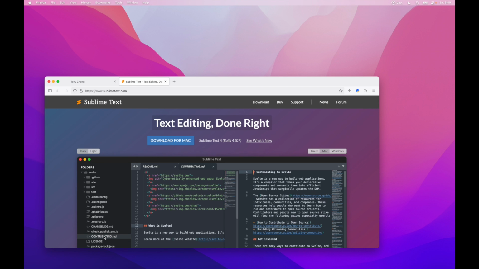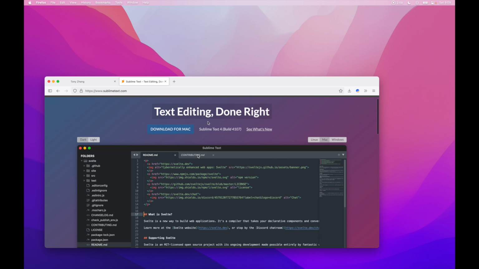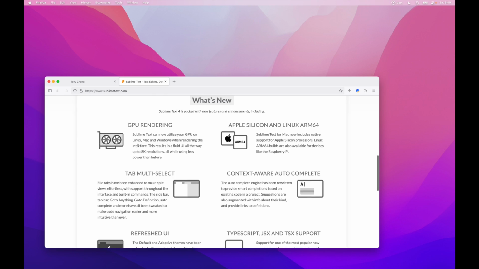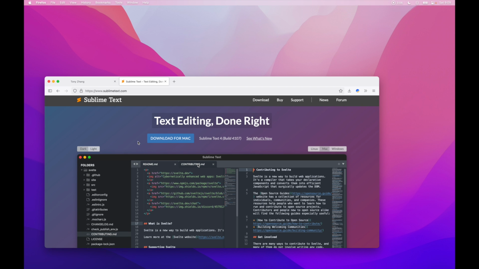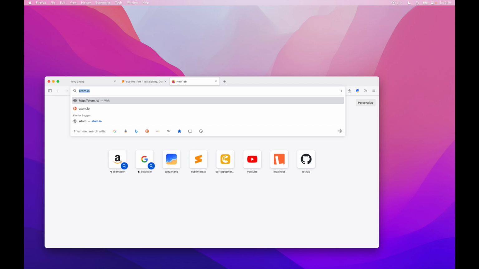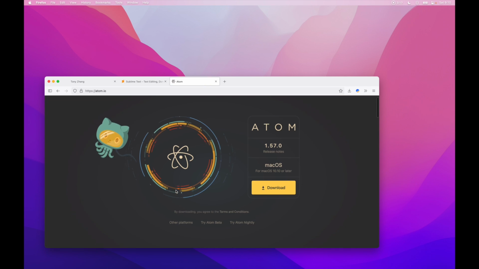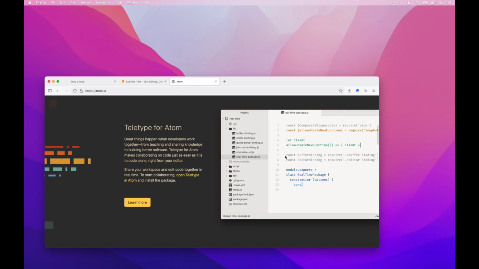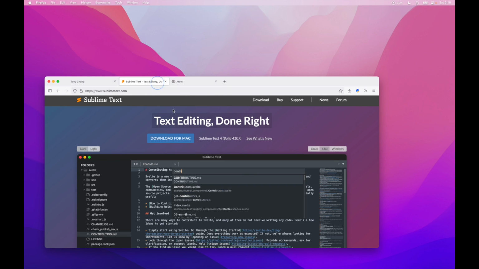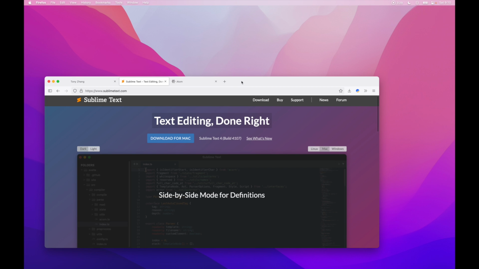When you go to sublimetext.com, you will see a big blue download button. This app is completely free, so you can download this. If this for some reason doesn't work, you can download atom.io, which does basically the same thing, but it's made by other people and it's a different app. If you scroll down, it's just a text editor that looks a bit different, but does basically the same thing. So you can just click download on both of these and install it. While that is installing,